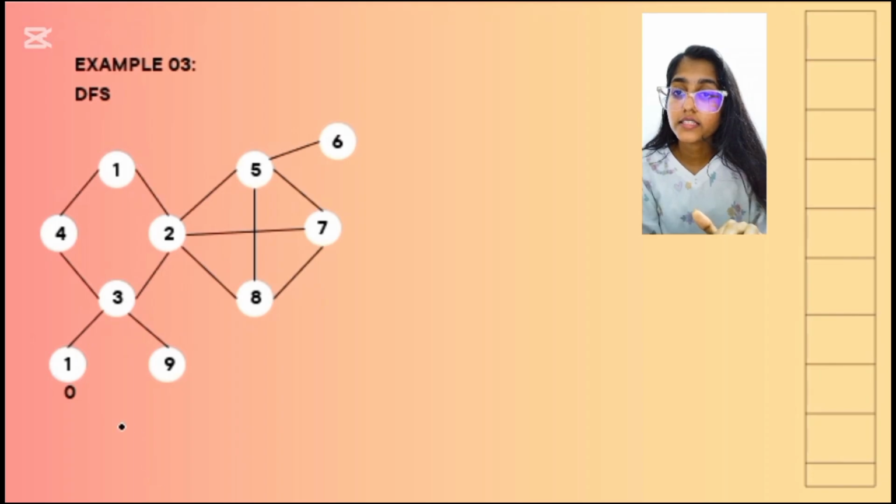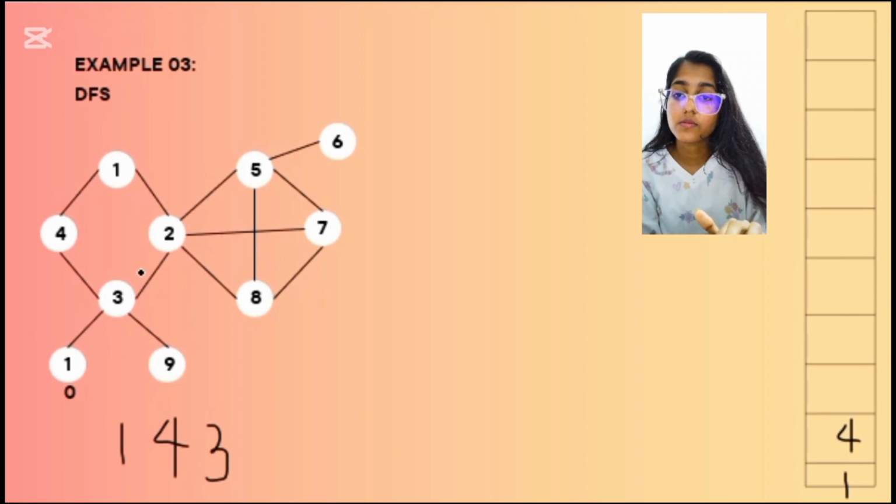So I'll get 1 as the starting vertex, and you must explore 1. There are 2 adjacent vertices for 1, so I'll write only a 1 vertex here. After writing 4 here, I'll push 1 to this stack and start exploring 4. 3 is the adjacent vertex of 4, so I'll write 3 here, and after writing 3 I'll push 4 to this stack